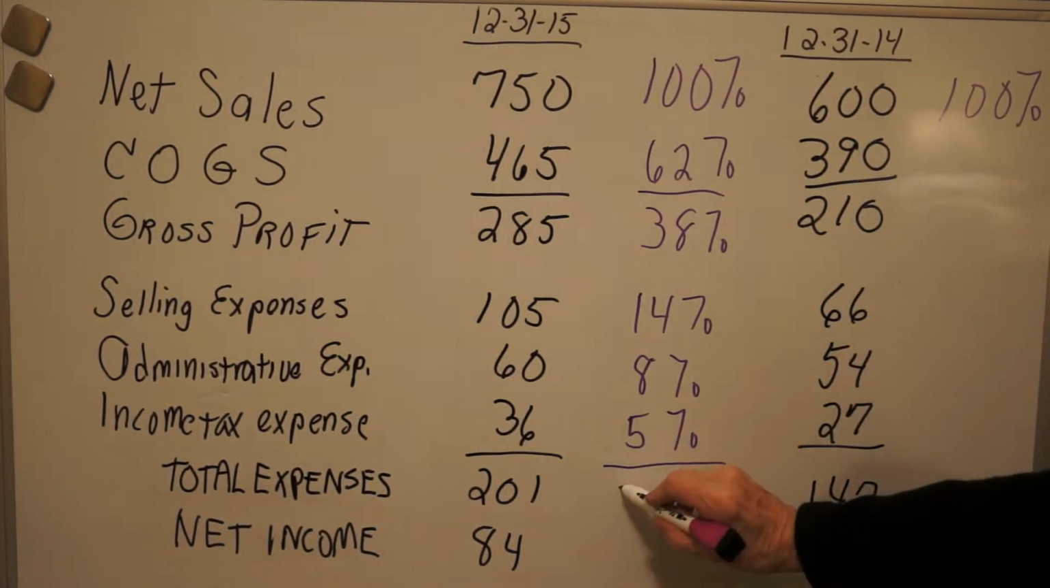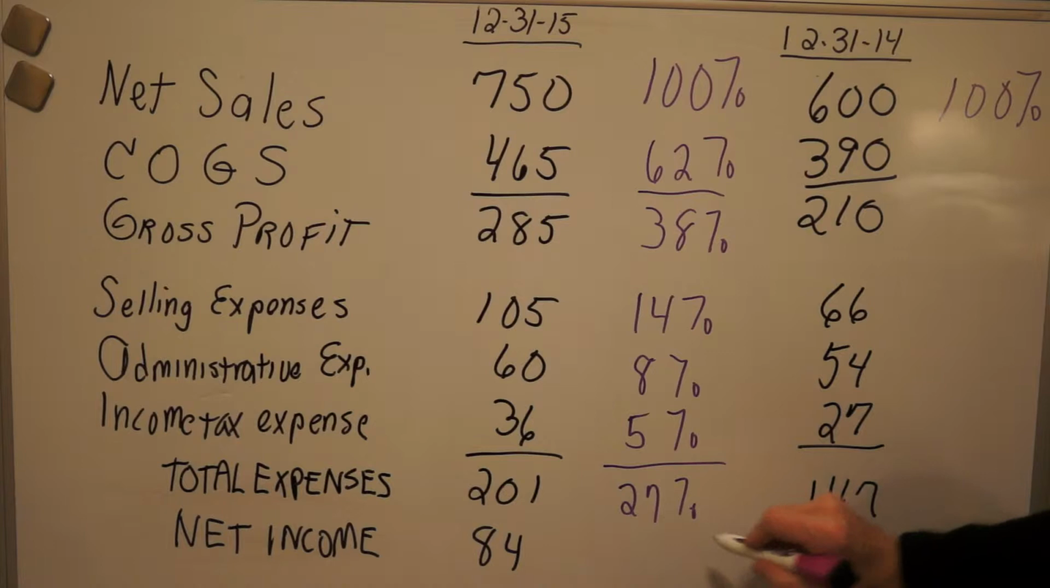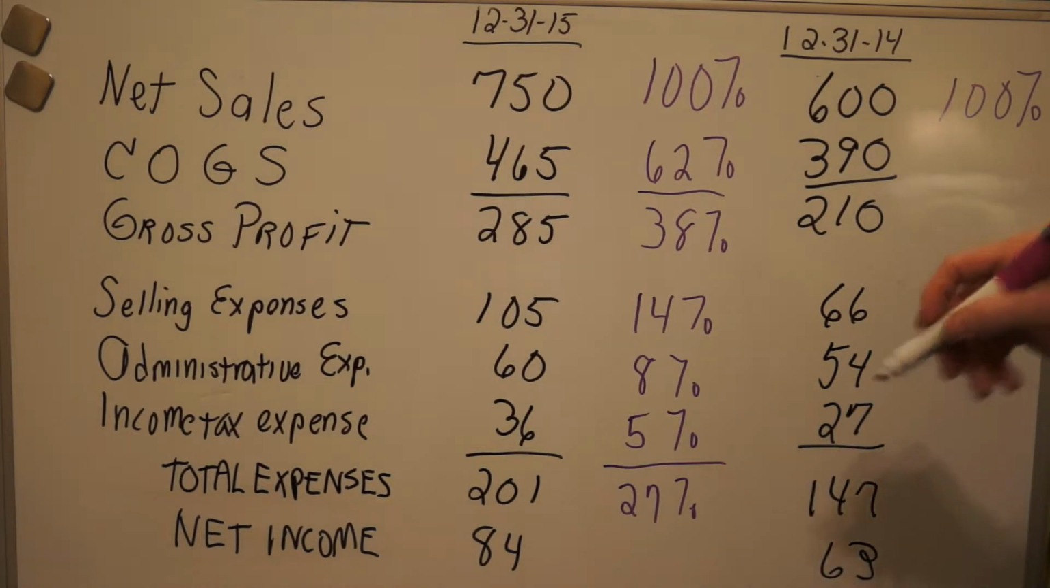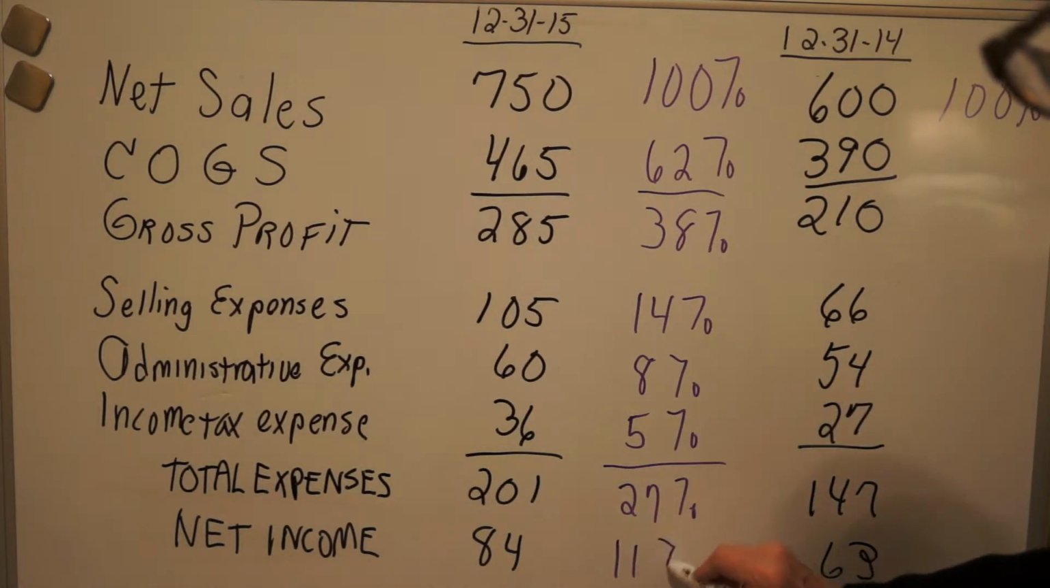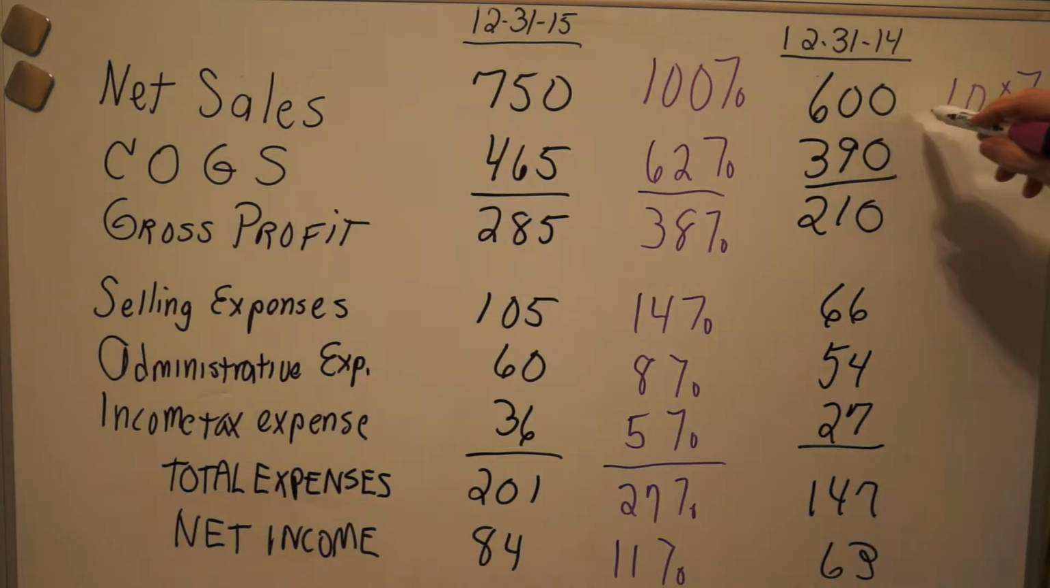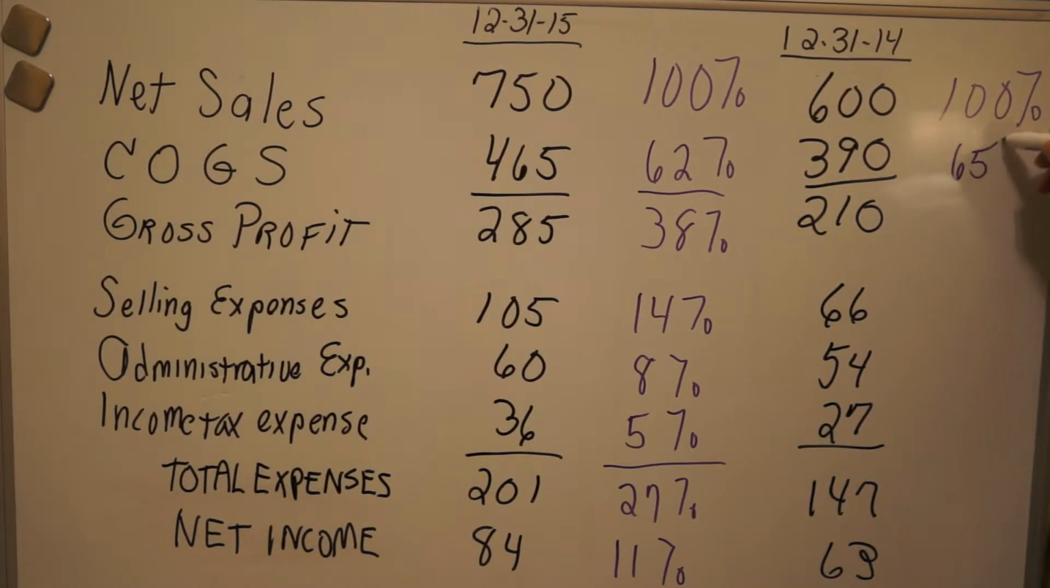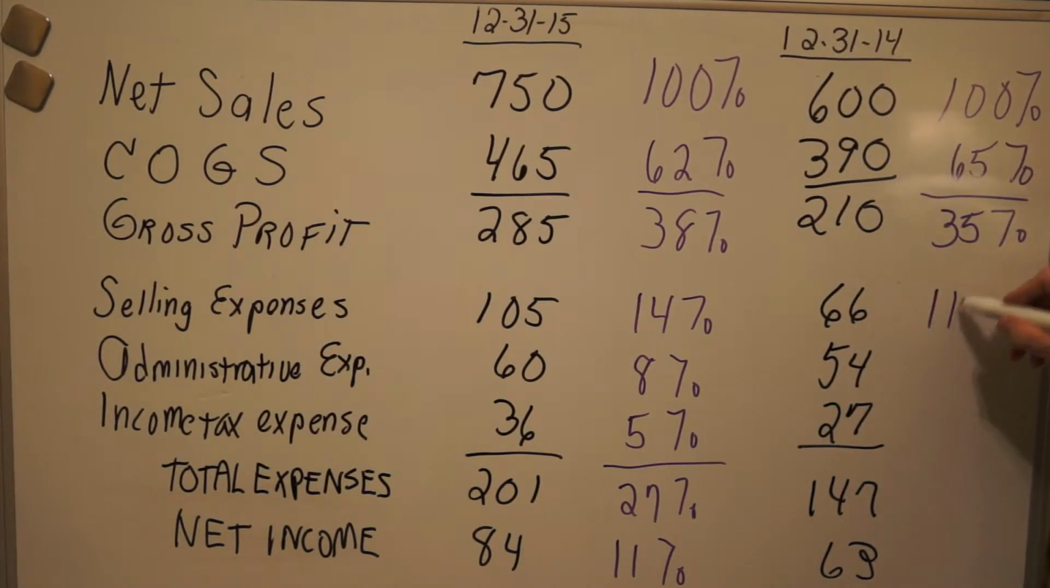And we would come down to various percentages, and we would be setting the entire income statement sort of in a common size, and so we could compare it to other years. Over here, our 600 is the 100% for 2014, so 390 divided by the 600, we get 65%. 210 would be 35%. And then we go 66 divided by the 600, 11%,